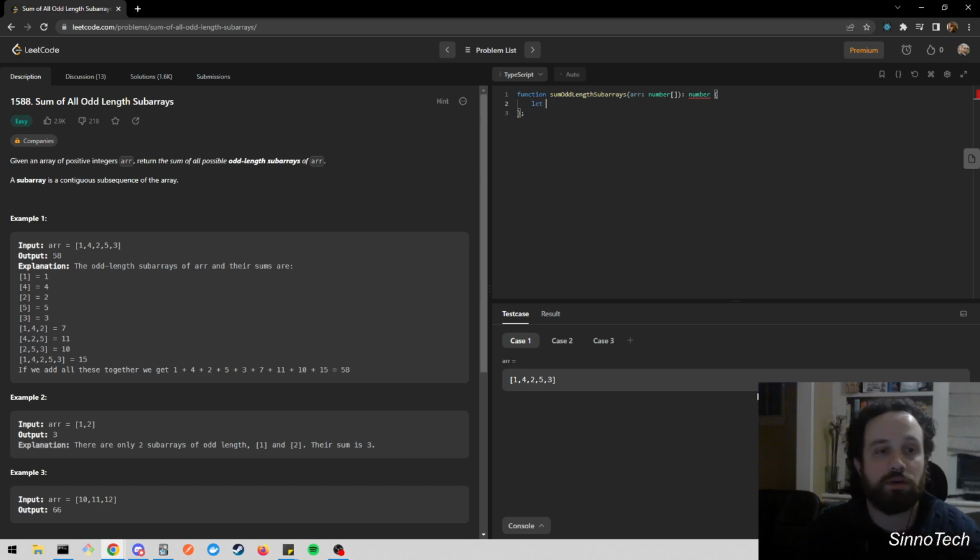Okay, so let count, which is a number, equal to 0, right? And so we're going to have to iterate over this array. So let i, which is also a number, equal to 0, where i is less than r.length and i++. Okay, now here is where we need to